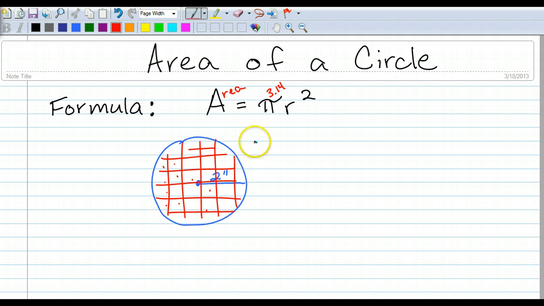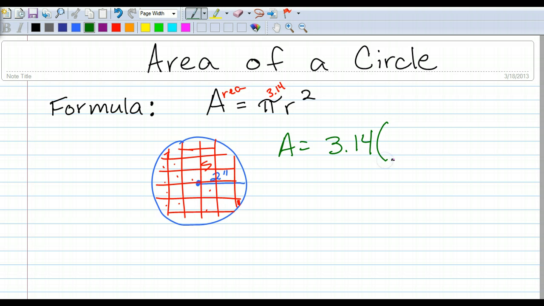But in a circle, it's a little difficult because you got some that's just this big, you've got full ones, you've got half ones, you've got little tiny ones. So it's hard to count up the squares in a circle. So we have the formula, pi r squared. So how many square units? Okay, so we take our pi, so the area is equal to